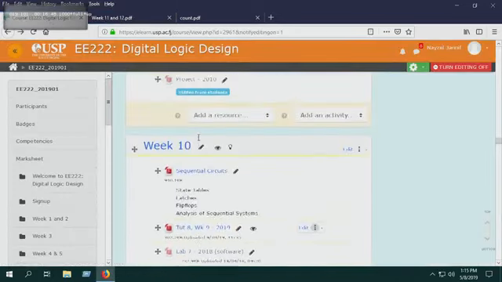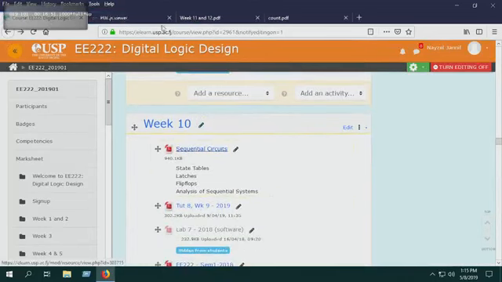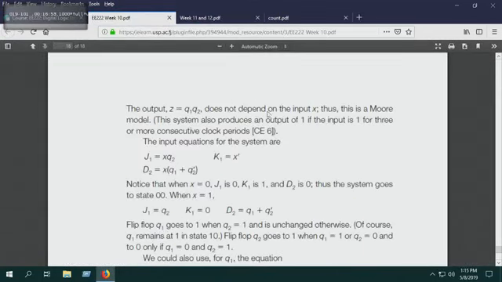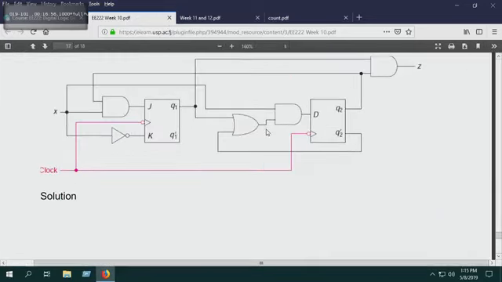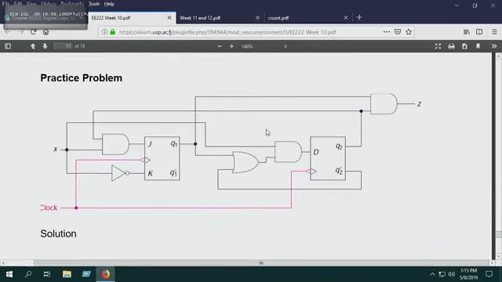And over here, sequential circuits. All right, guys, I want you to make an observation for me. What can you tell me about the clock line in this particular example? What can you tell me about the clock line? The clocks are all tied together.